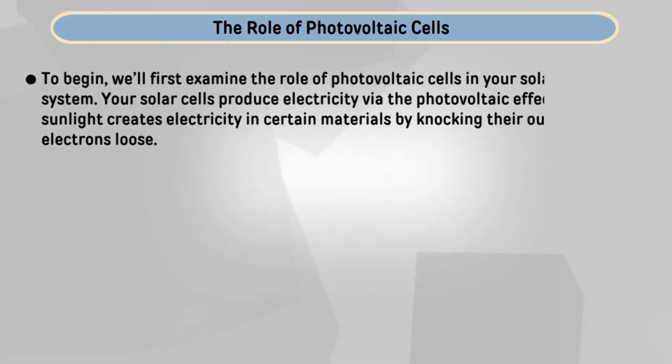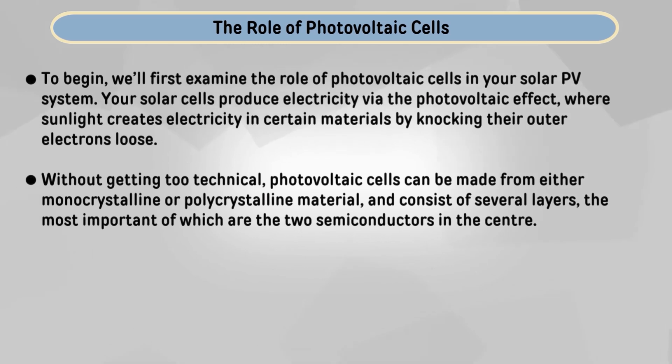The role of these photovoltaic cells: to begin, we shall first examine the role of photovoltaic cells in our solar photovoltaic system. These solar cells produce electricity via the photovoltaic effect, where sunlight creates electricity in certain material by knocking their outer electrons loose. Without getting too technical, because that technicality is very lengthy and complex, here I am just giving a glimpse and an overview. So, the photovoltaic cells can be made from either monocrystalline or polycrystalline materials, and this consists of several